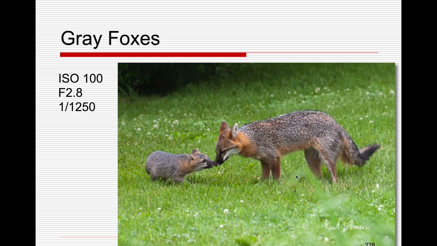In the foreground there were a bunch of daylily leaves right here, and this one is kind of intruding on my picture here. There's a little bit right here. I could live with this one. This one kind of bothers me, but I leave it in here to show you what I look for